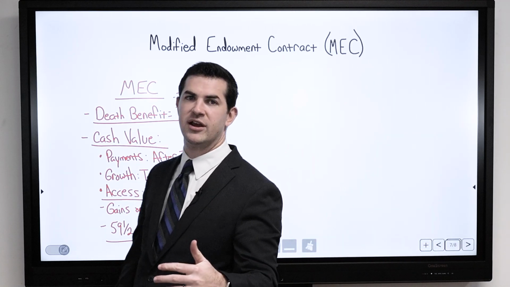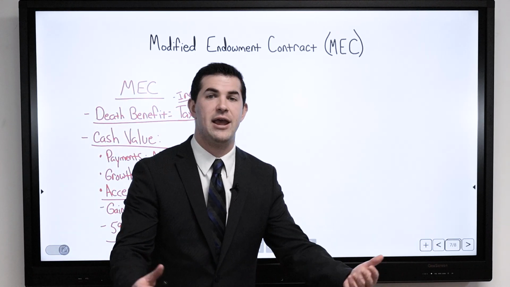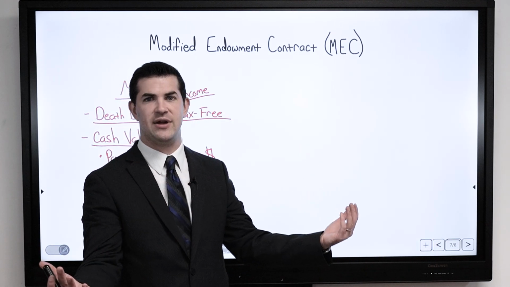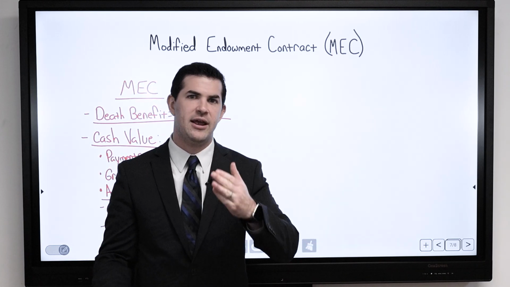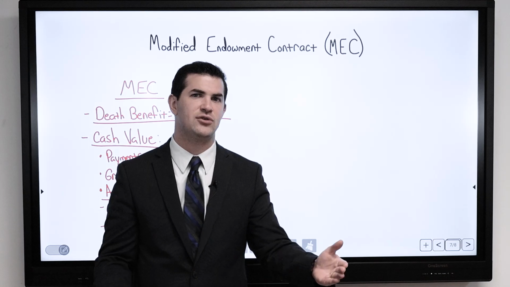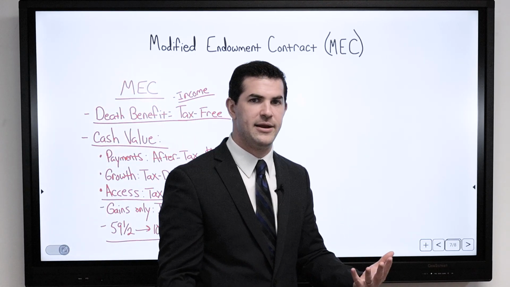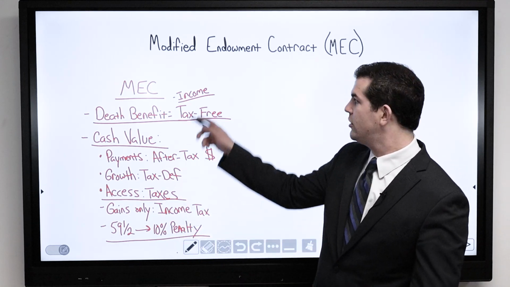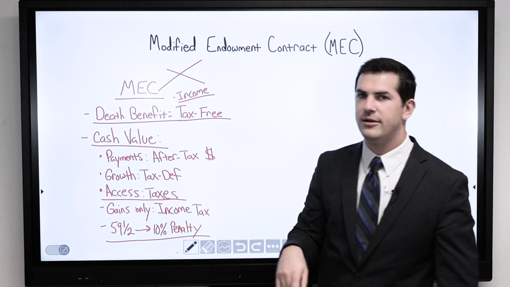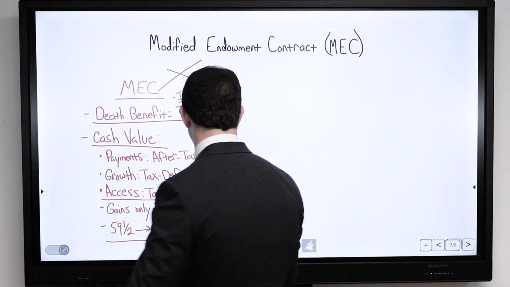Where typically we think of, hey, if I paid $100,000 into any type of account and I have $150,000 in cash value, typically I can withdraw up to my cost basis, no taxes, and then I'm taxed on the rest. With a MEC, it is the reverse, meaning anything I pay in, when I start to pull money out, I'm going to pay income tax on the gains first. In short, we don't want it. It's bad when it comes to cash value accumulation. It ruins a lot of our plans.